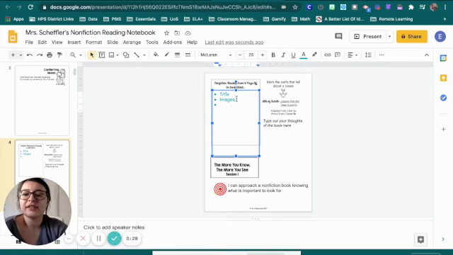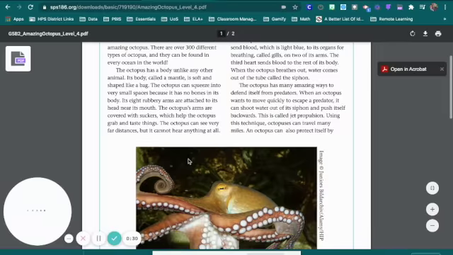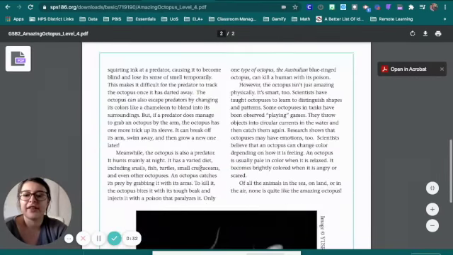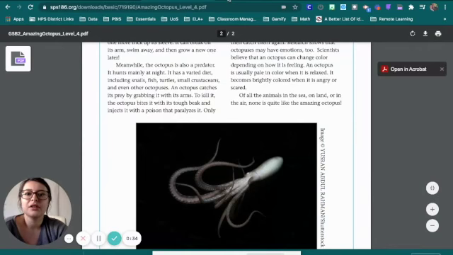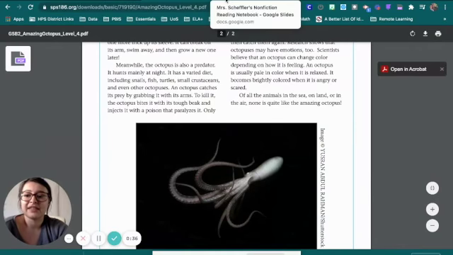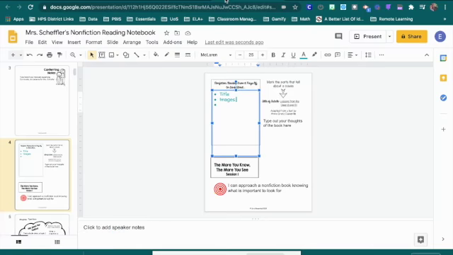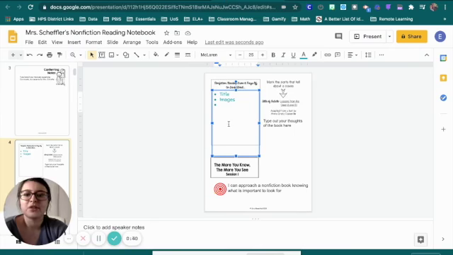I also noticed in our octopus article the 2 big images that the author chose to include. She put those there for a reason, and I think that it helps us learn a little bit more about these animals. So in my notebook so far, I wrote that it pays off to think about title and images. Now in 5th grade, we want to up our thinking a little bit when it comes to nonfiction reading. It also pays off to think of things like